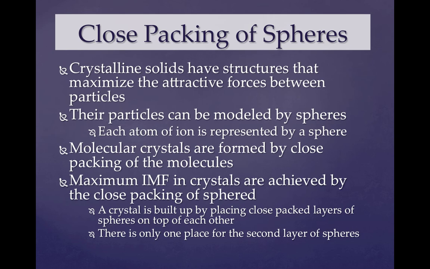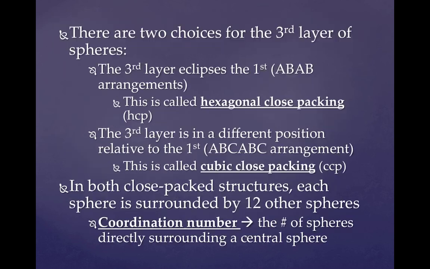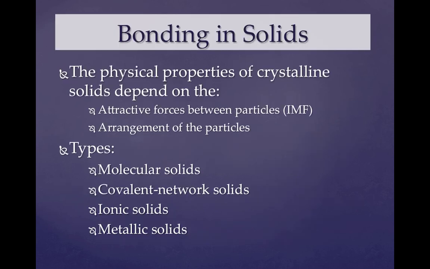Crystalline solids have structures that maximize the attractive forces between the particles. The particles can be represented by spheres, and you can see how the molecular crystals are packed or stacked on each other. In most crystals, they're going to be as stacked and as close to each other as they can get. There are two choices for the third layer of spheres, the hexagonal close packing or the cubic close packing. Again, this is not very likely to show up on the AP exam, but it's good to go ahead and read about it. What you can look at here is the coordination number, which is the number of spheres directly